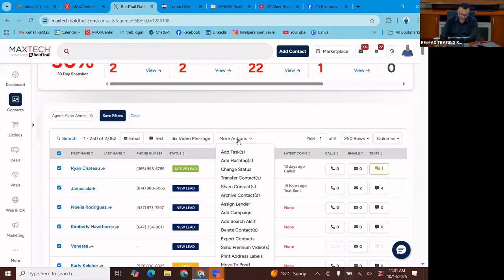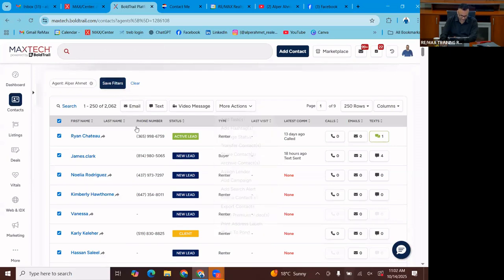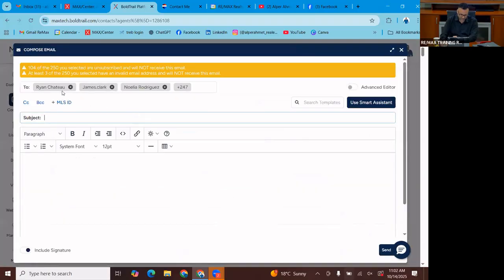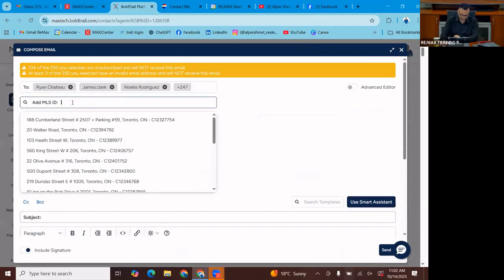And I could go to more actions, and I can do a bunch of things here. Obviously, these are some of the options, or I could just click on email. And you'll see here at the top, 104 of the 250 you selected are unsubscribed and will not receive this email. At least 3 of them selected have invalid email addresses. To me, again, I don't really care. If I click on MLS ID here and type in one of my listings,